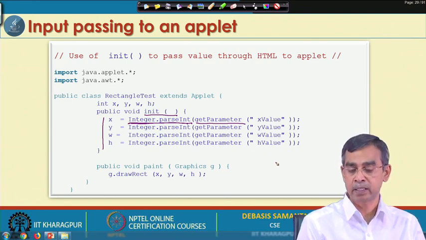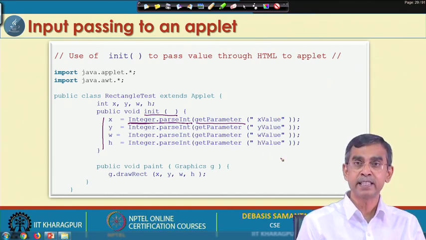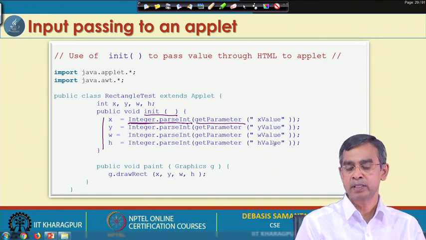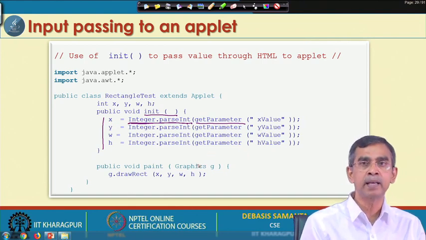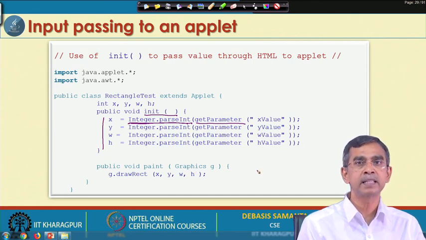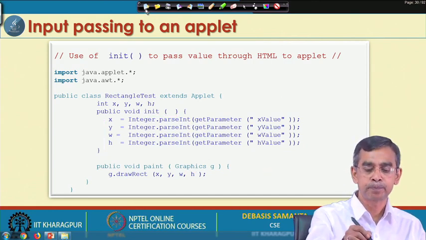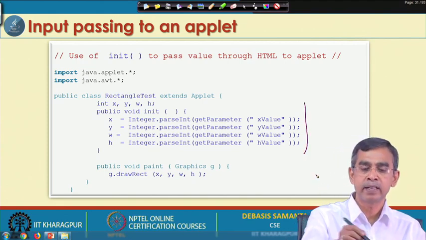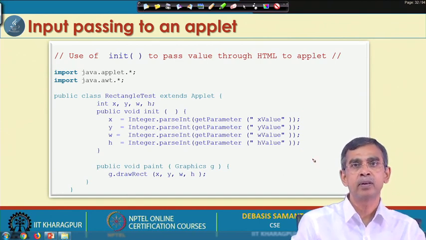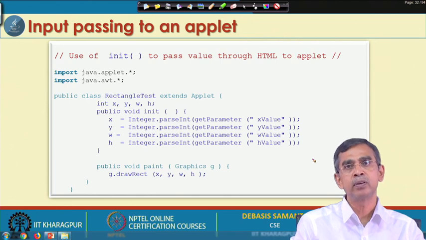code. So, this is the getParameter method, and that parameter is written in the HTML code as xval. So, in the HTML code, if there are certain parameters defined as xval, yval, wval, hval, they will be retrieved from the HTML file, processed and stored as x, y, w, h, in this case as an input to the parameter applet. So, this is the idea of how the input can be given to the applet. Now, this is your new applet program, where it will read x, y, w, h from the HTML file, and then it will draw a rectangle.